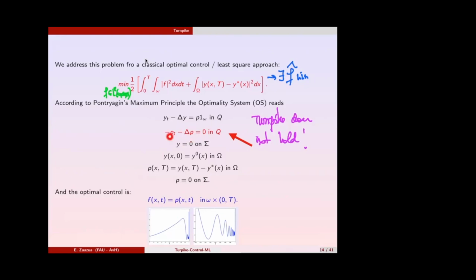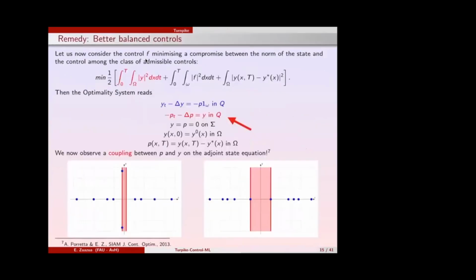It's really related to the fact that the P equation is independent of the state equation, right? So really the fact that P behaves simply according to the adjoint makes impossible the emergence of the Turnpike principle, because the solutions of the heat equation in the adjoint sense always fulfill that. Good. Then we said, so maybe we should do something else.